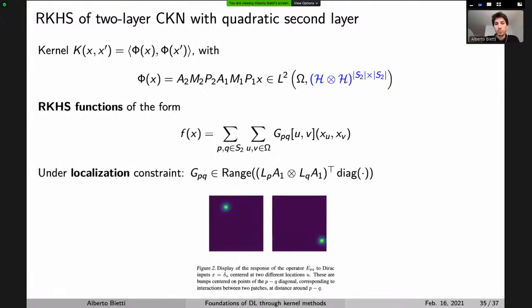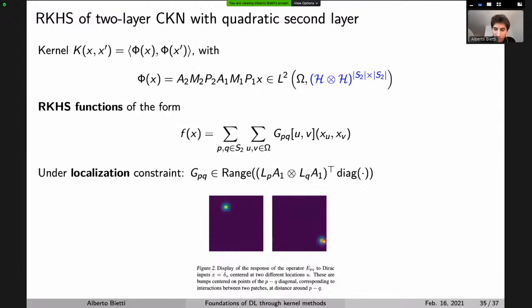And so why is there this PQ here? If you look at the second patch, it actually encourages different kinds of interactions on each of these GPQs. In particular, you have a constraint on each of these, which means the GPQ has to be localized. You don't have to understand what it means, but just from the picture here, it turns out that